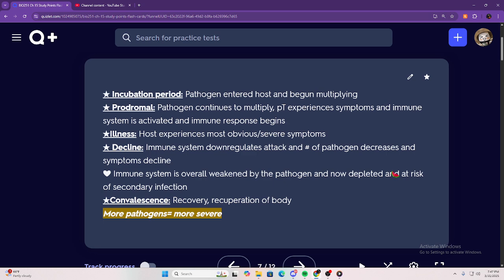Illness is where the host experiences the most severe symptoms. Decline is where the immune system basically downregulates its attack and decreases the number of pathogens in the body, and the symptoms begin to decline. And after decline is where the immune system is overall weakened, like I mentioned before. The immune system is weakened and the pathogen is now depleted, but the patient is still at risk of secondary infection. And convalescence,